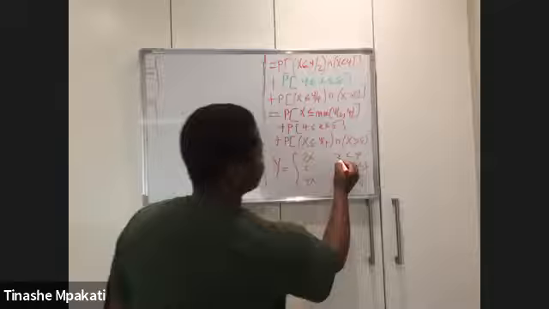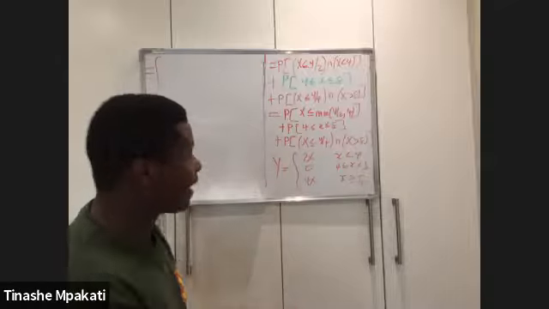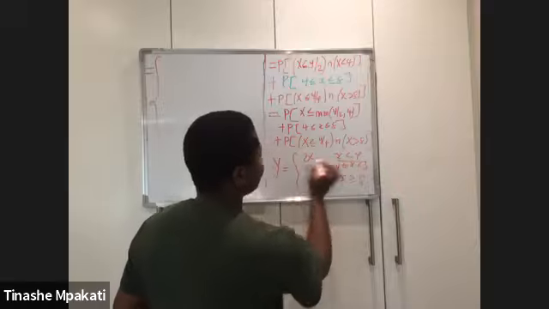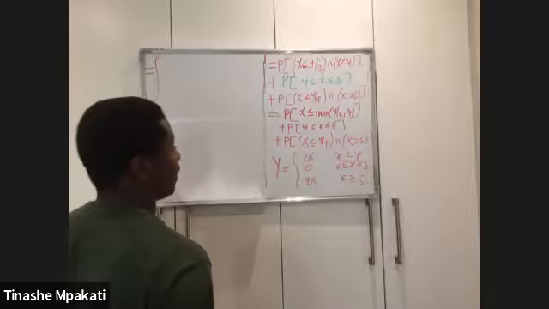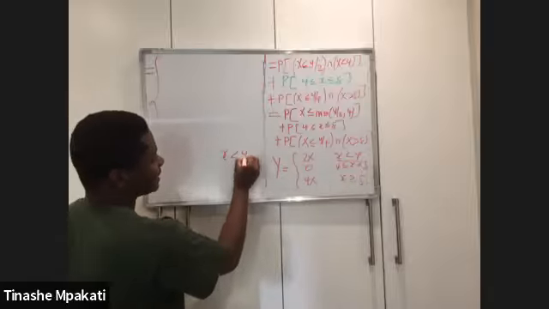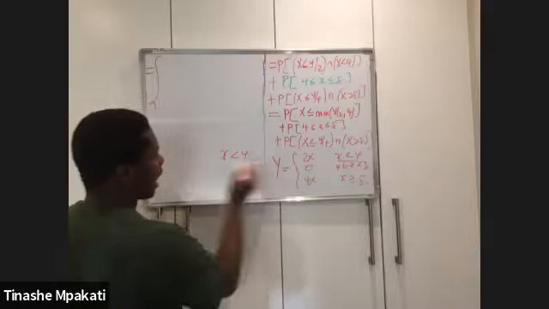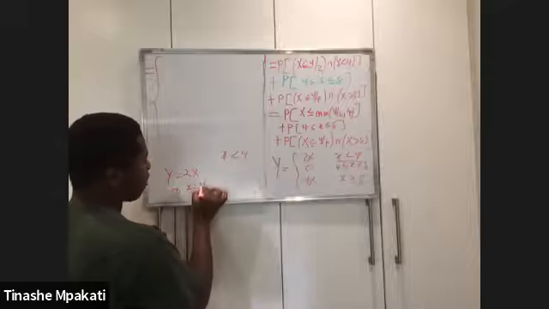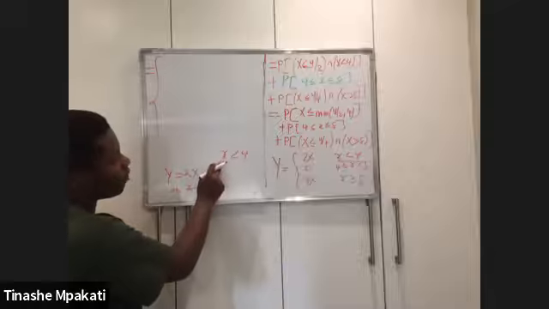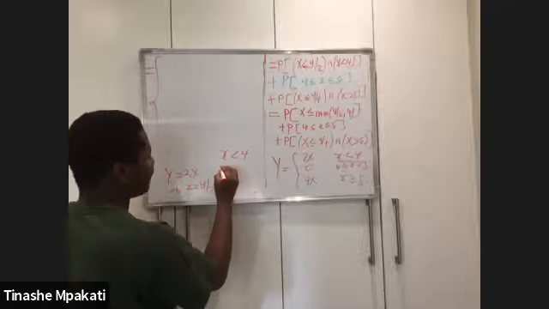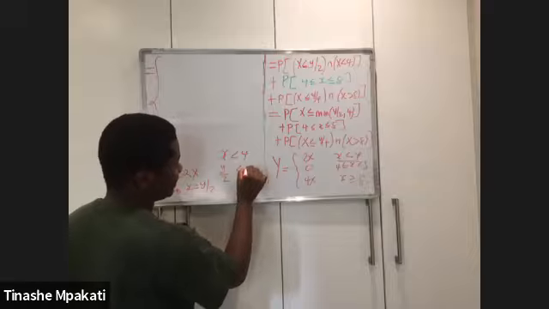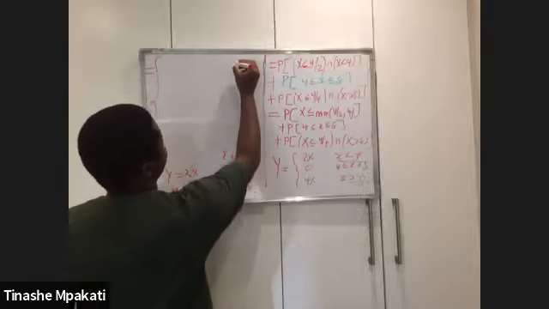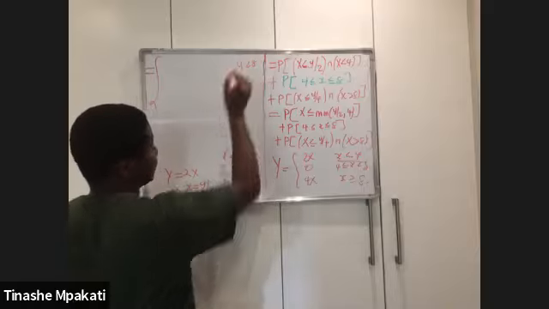Okay? So in this first part here, we have that X was less than 4, right? But now we are dealing with Y, and we know that when X is less than 4, our Y is equal to 2X, right? Which means here our X is equal to Y over 2. So instead of having X being less than 4, what I would instead have is that Y over 2 is less than 4. And then if I were to multiply there, this means that Y is less than 8. So what I would have here is that my Y is less than 8 as my first interval.